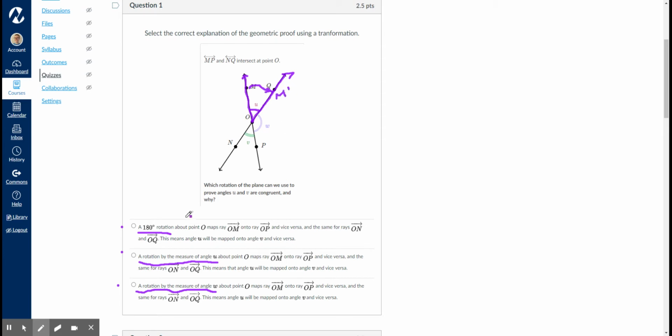And let's see. So it says that it would map ray OM onto ray OP. So that rotation by the angle U does not do that. It only maps